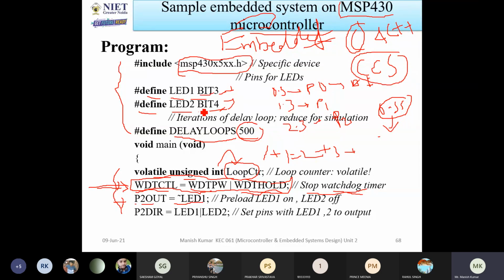Since I am talking about bit 3 and bit 4, bit 3 corresponds to P2.3 and bit 4 corresponds to P2.4. So in that case, the preloaded state is LED1 on and LED2 off.